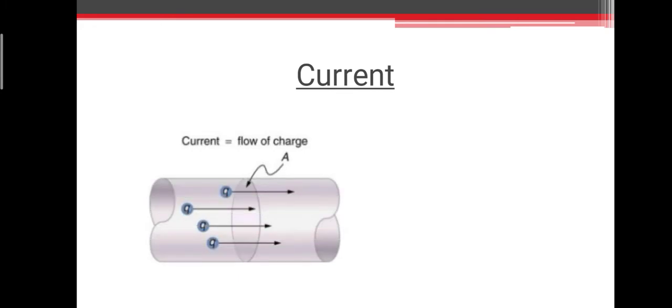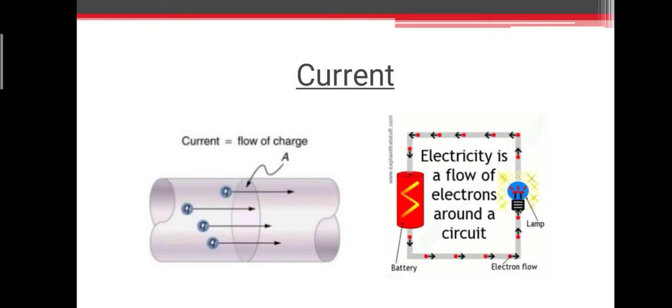So with this, you are definitely going to wonder what a current is. Let me tell you, current is the flow of charges. You can see it here. These are the charges, or the electrons. When they flow, we say the current is flowing, and when they stop, we say there is no electricity or no current. The current always flows in one direction. Here you can see a simple circuit, and in it electricity is a flow of electrons